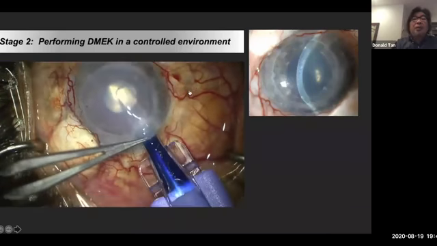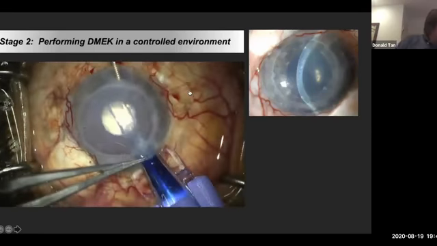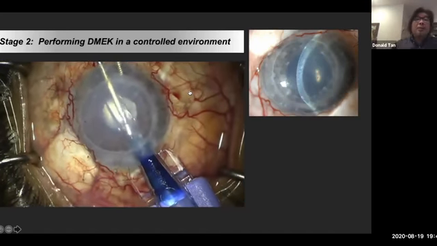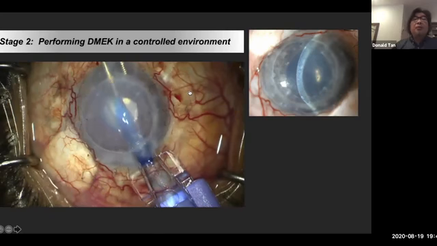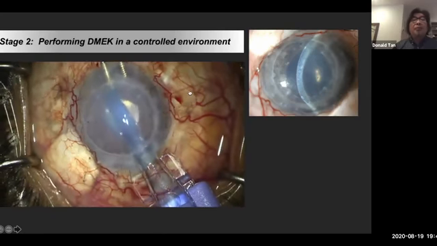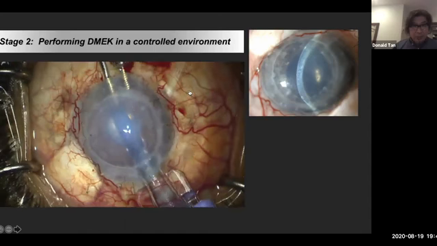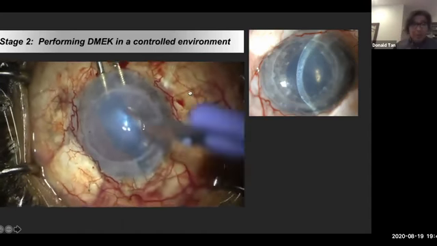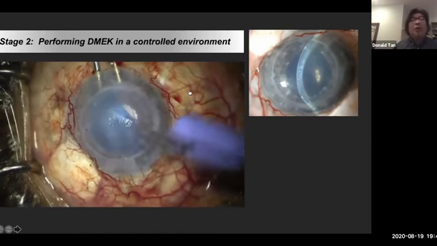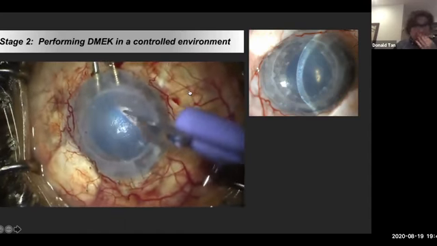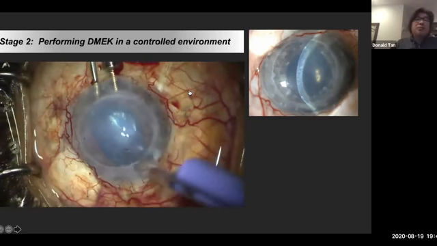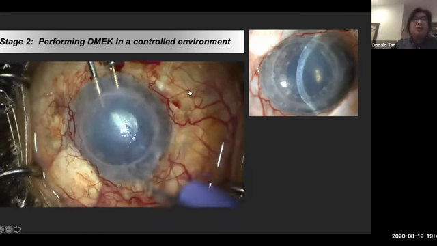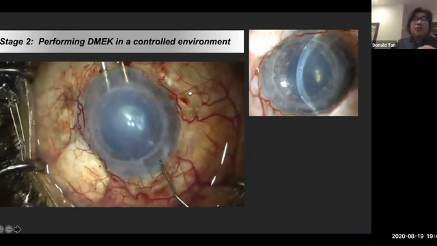So here's the DMEK. And doing a DMEK graft in a previous PK, a little bit more tricky. I will refine the DMEK graft to generally fit the PK so there's no overlap. And one has to be a little bit more accurate in centering the graft. There's obviously high dislocation rate, but you will appreciate that this is not that much different from a normal DMEK now because we have normalized the angles and the pupil is centered and a relatively small opening.